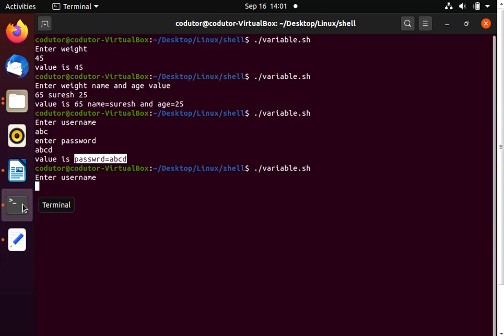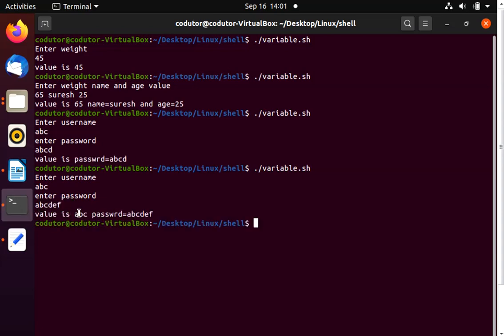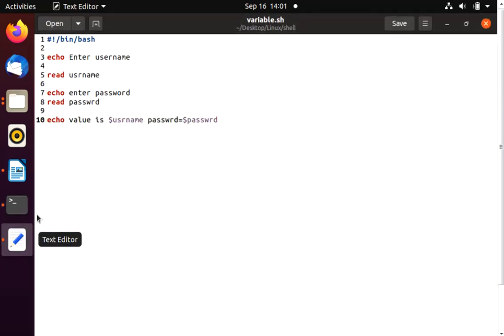Again run this code, enter username ABC and the password will be ABCDEF. So value is ABC, that is the username, and password equals ABCDEF. While entering the password, you can see what I have entered. But if you want to disable that, you can do it with a single flag, that is -s.